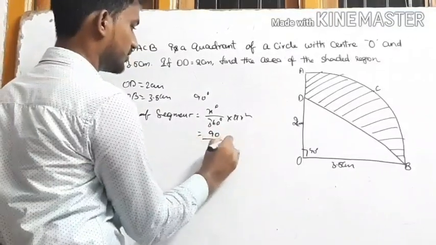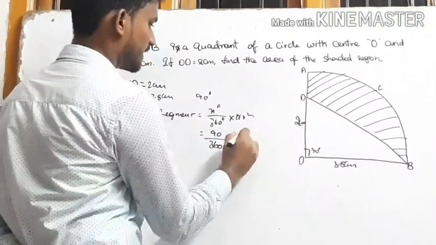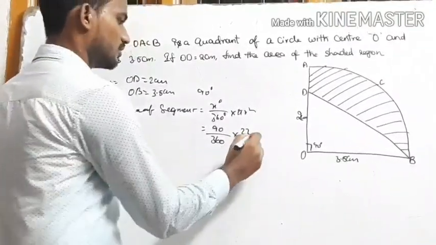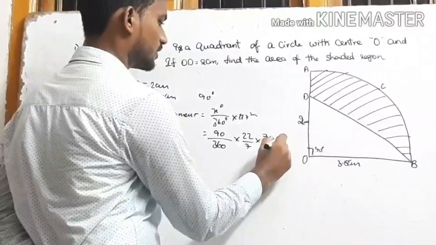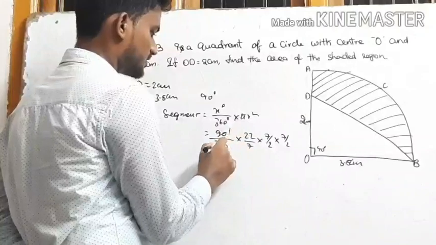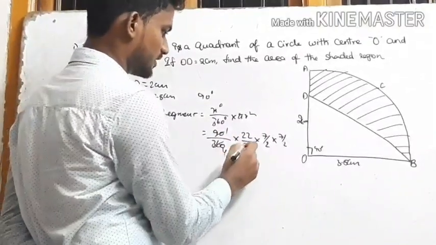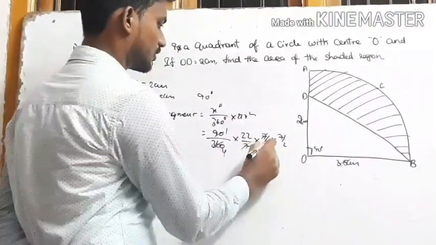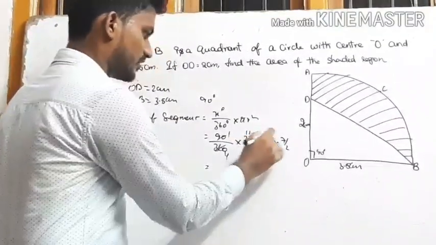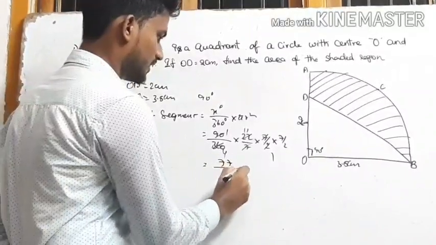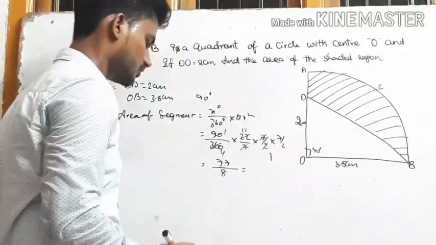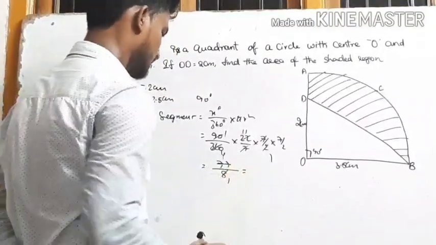X is 90 by 360 into pi, which means 22 by 7. R is 3.5. We can also write 3.5 as 7 by 2. This squared means 7 by 2 into 7 by 2. 9 1s are 9, 4 1s are 4. This one, 7 7 cancel. 2 1s are 2, 2 11s are 22. Then it is 11 7s are 77 by 4 2s are 8. This is equal to 8 1s are